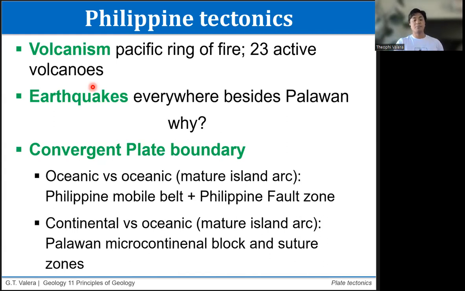So the Pacific Ring of Fire is just the non-scientific, non-technical term for the ring of volcanoes lining the Pacific Ocean supposedly. But as we learned, the body of water to the east of the Philippines is actually the Philippine Sea Plate. So there is a distinct tectonic boundary, a plate boundary, between the Philippine Sea Plate and the Pacific Plate towards its west. Okay, so I hope that's clear.